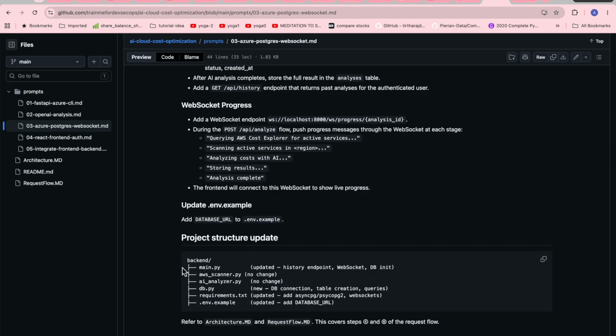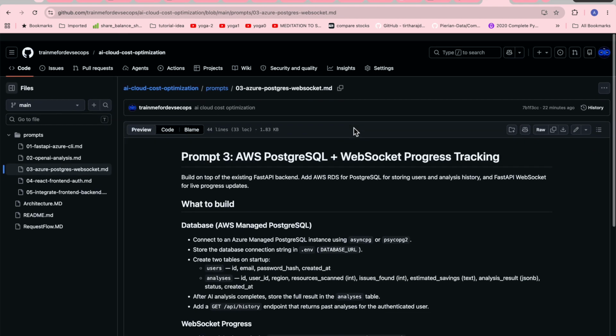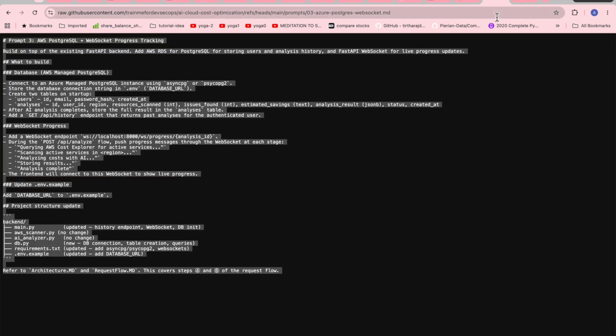Again, we have mentioned how it should be created in the backend: main.py, user scanner, all those files should be there. Now it will create one more file called db.py, which will have the connection to the DB and the table creation, and also update requirements.txt with the updated packages required. And in the env file, we'll add the database URL. And again, we have mentioned to go through architecture.md and product.md for covering the required steps, which are 4 and 6. So I'll go to the raw file, copy it,